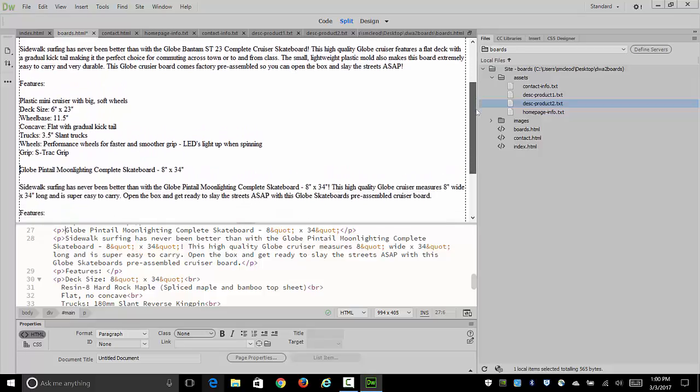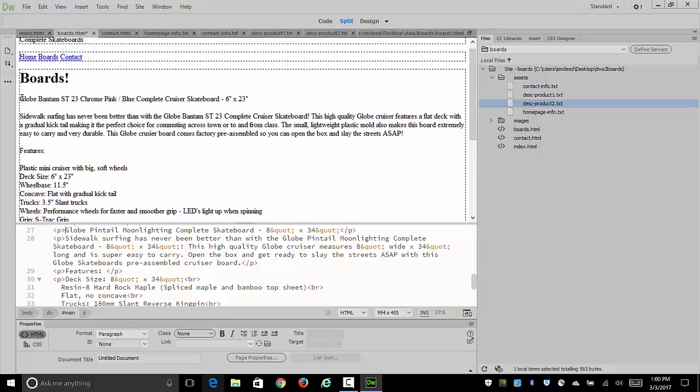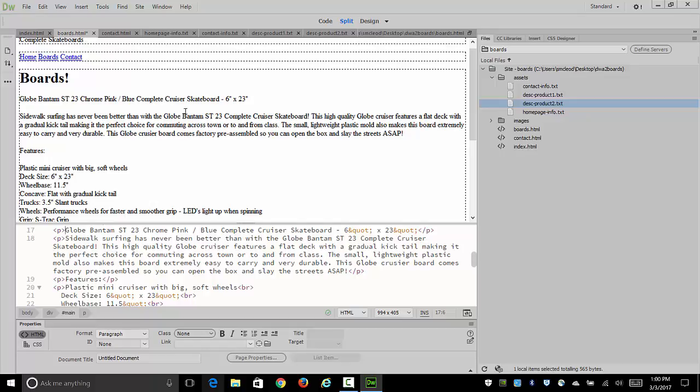So now the next thing we're going to do is add an image. Remember, we have those two skateboard images for these. So we're going to bring those in. Our insertion point for the image is going to be just to the left of the word Globe, which is the company behind the skateboard, I believe. And we will go into our images folder here. And notice we have board1.gif and board2.gif, and those are the two board images that we're going to bring in. So with the cursor right next to the G in Globe on our first board,